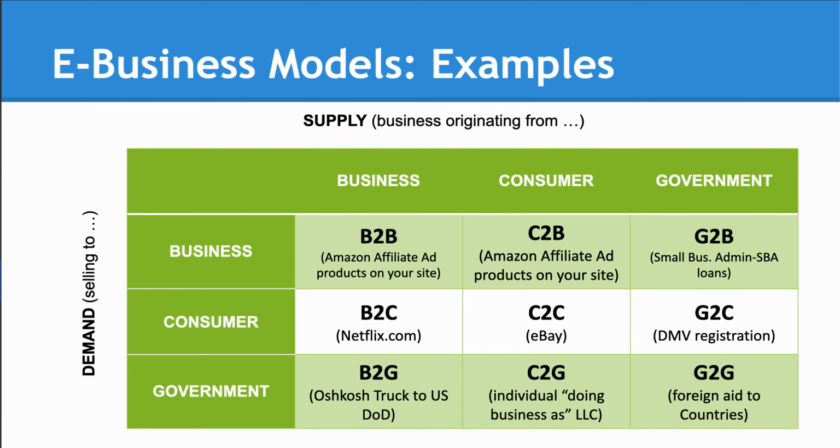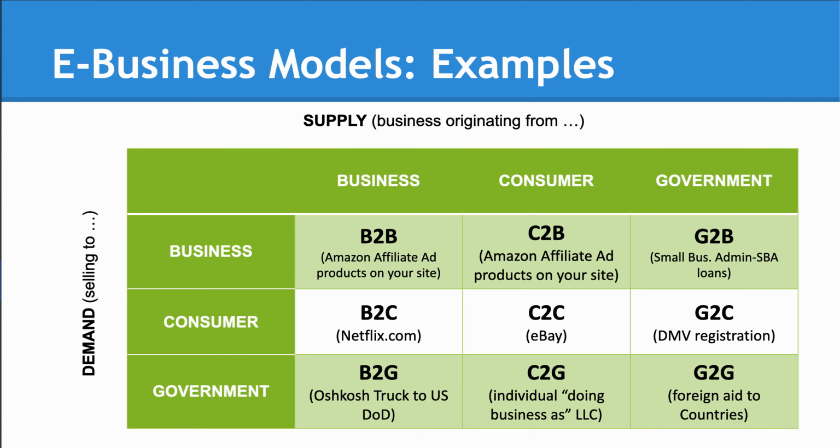Consumers, individuals, as in you and I, could also sell things on Amazon, and of course, Amazon could sell things to you and I, right? So Amazon has multiple business models that get involved. You're probably going to see this in your midterm exam, where you'd be given a scenario and you'd have to think through which of these business models are at play, right? So don't think of it as a given e-business model being specific to one organization. An organization could have multiple